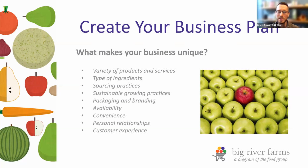So I mentioned CSA because, pre-pandemic, it's happened to a certain extent now, but definitely less than it was before the pandemic hit. But I think both CSA and farmers market is a really great way as a farmer and as a business person to connect directly face to face with people, to create not only that transactional sale of you growing produce and selling it to somebody, but of creating an opportunity to provide more of